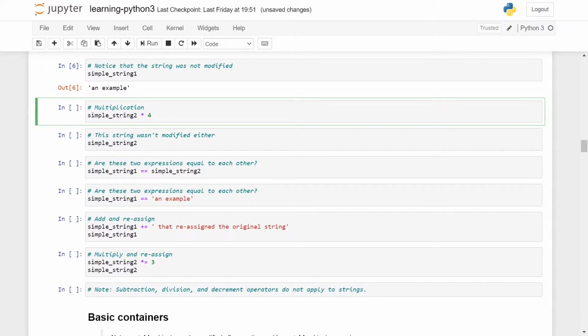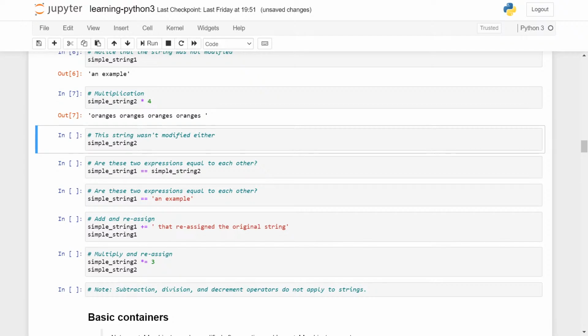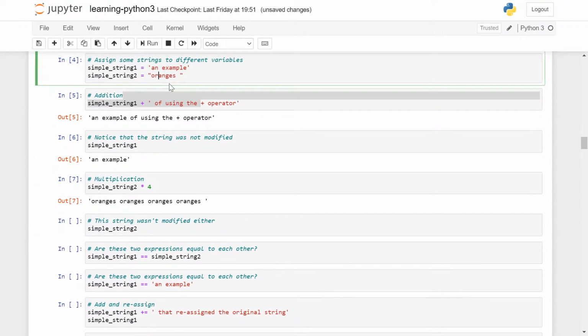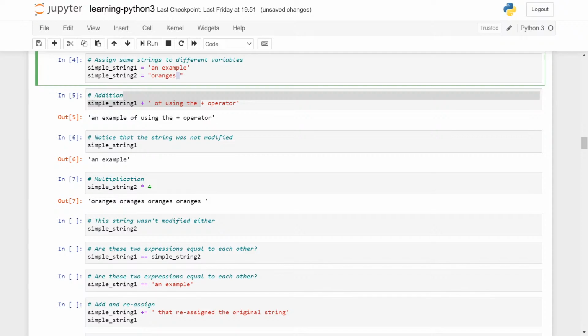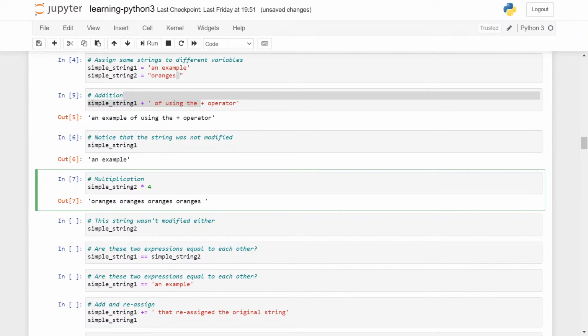Okay, this is where it starts to get a bit different. Simple string 2 was 'oranges', and there is a space after oranges. When you multiply a number by 4, the output is a multiplication.